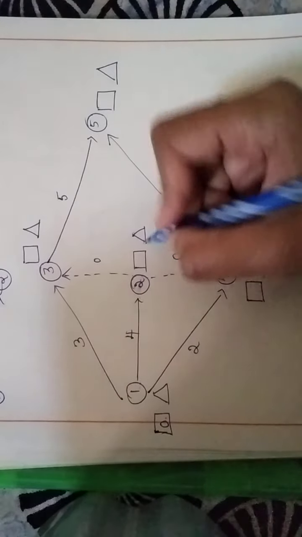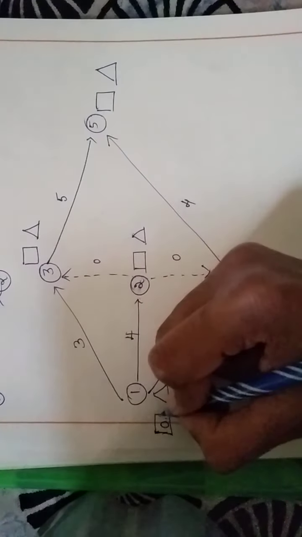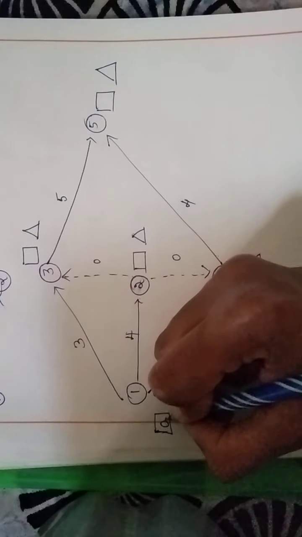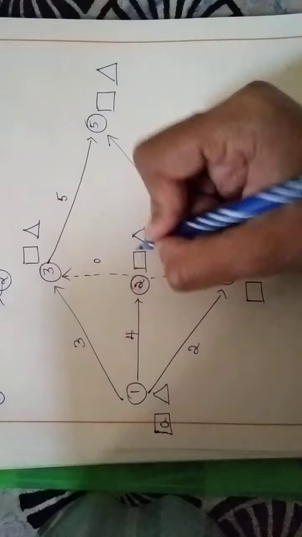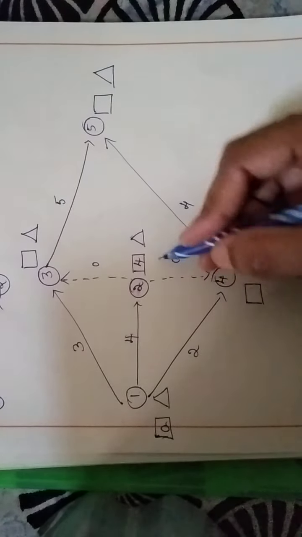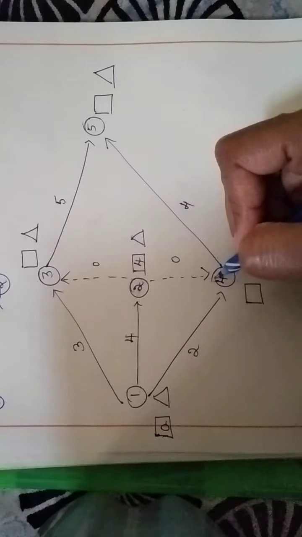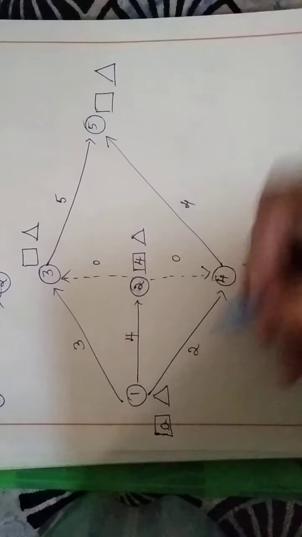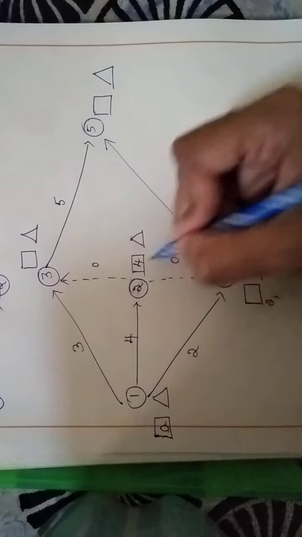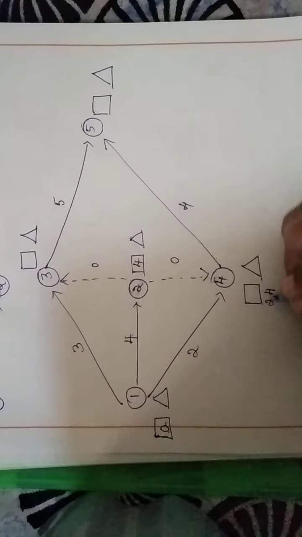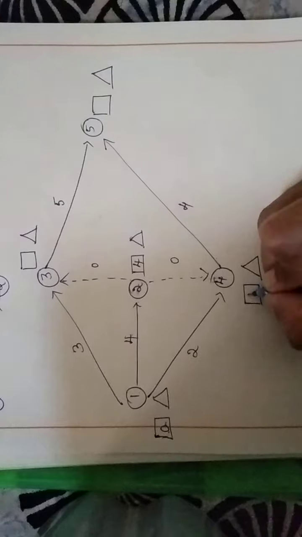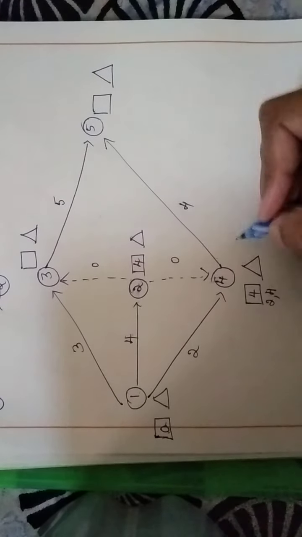So what we do here is add up the value within the rectangular box with the duration and write 4 here. Now if you come here for 1 to 4, there is one more arrow coming from 2 to 4. So what I should do is 0 plus 2 is 2, comma, 4 plus 0 is 4. You have to compare these two values and take the largest. So out of 2 and 4, the largest value is 4. So that is what is written here.